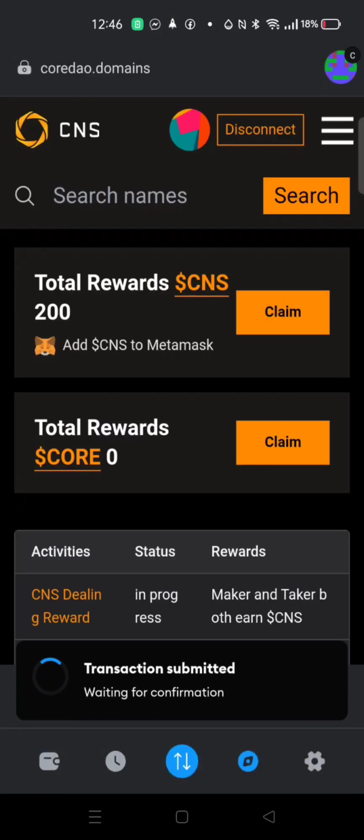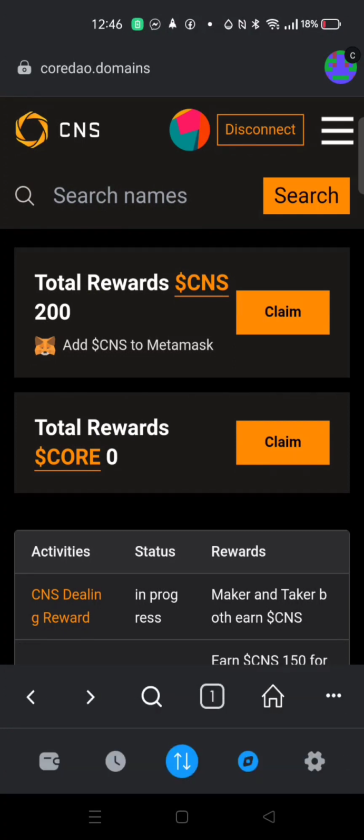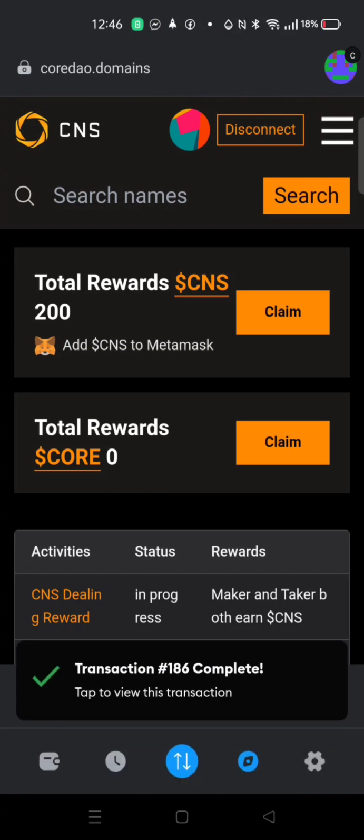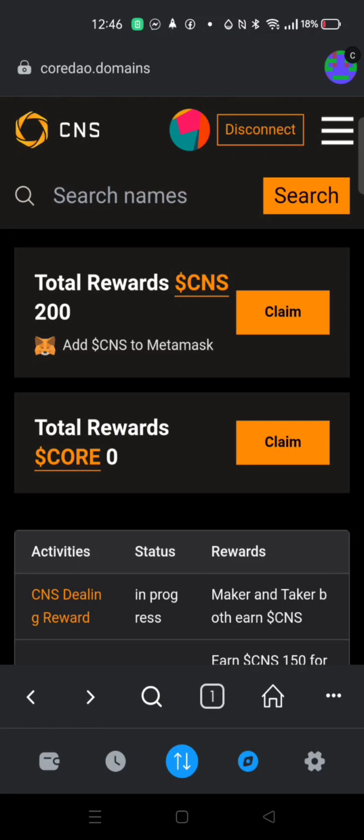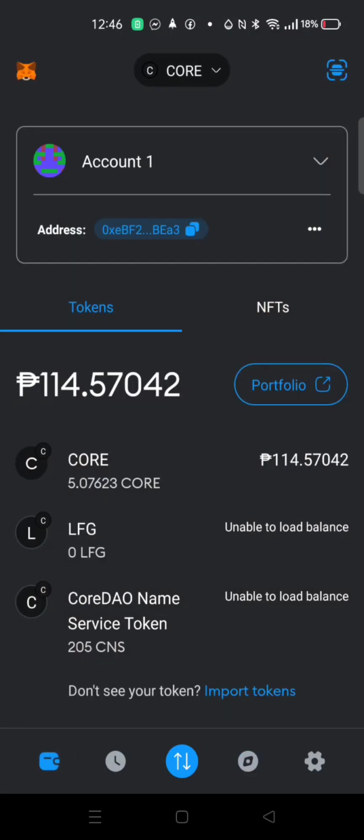And now it's working. So it's already complete. You can see the Core name service token that you already claimed in your wallet,